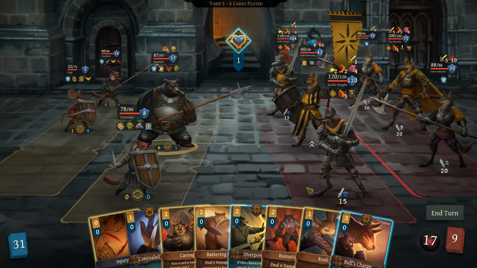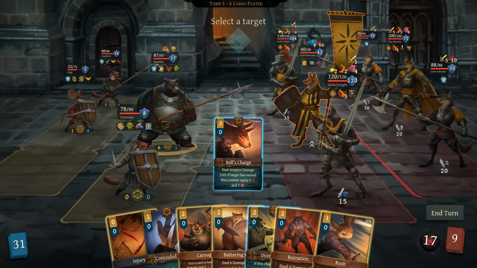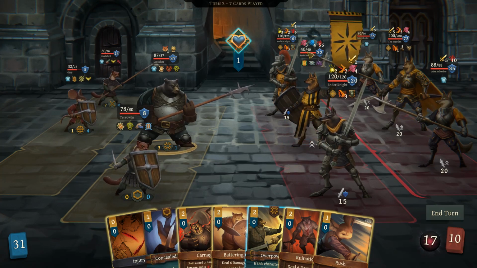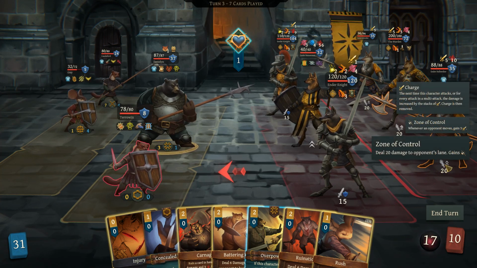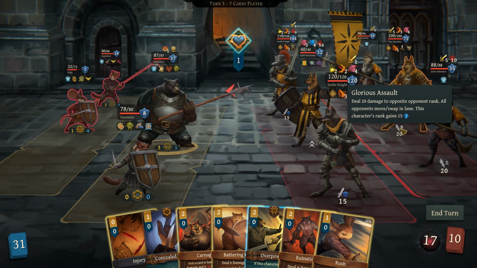So Ruination is of none value here. Bull's charge is pretty okay. So you're gonna die, right? Because bleed goes straight to health. Actually, we're over bleeding you. You're gonna do 20 damage to Tarrowin. You're gonna do 20 damage to also Tarrowin. And you're